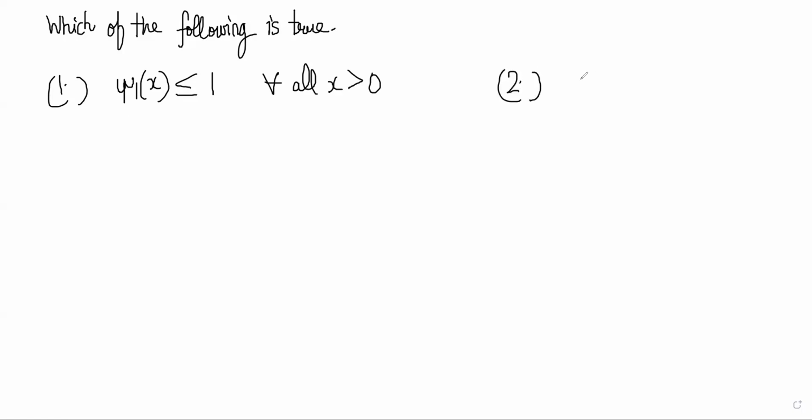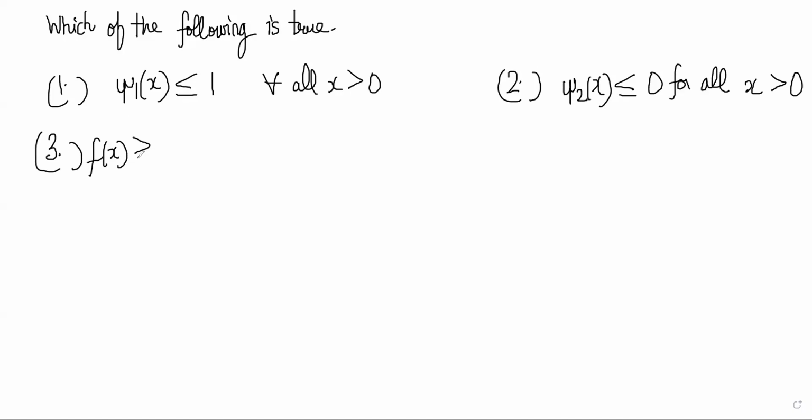The second option says psi 2 x is less than or equal to 0 for all x greater than 0. Third option is f x is greater than or equal to 1 minus e power minus x square minus 2 by 3 x cube